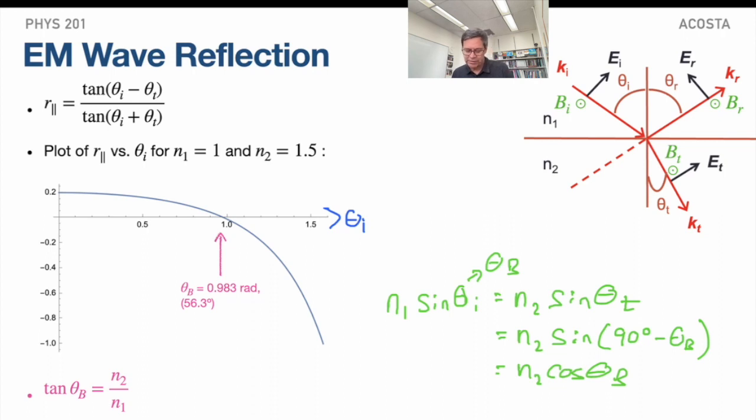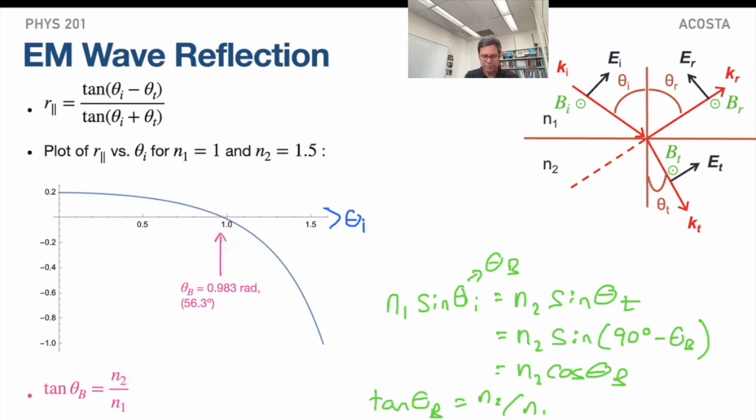So what I see here is that if I divide everything by n1 and cos theta b, I can show that tangent of theta b is n2 over n1. Right? But now we have backed this up quantitatively by going through the electromagnetic boundary conditions for waves reflecting off a boundary. We have worked out this relationship when the electric field is parallel to this plane of reflection. And we can see this relationship in this special angle called the Brewster angle, which you can see on this